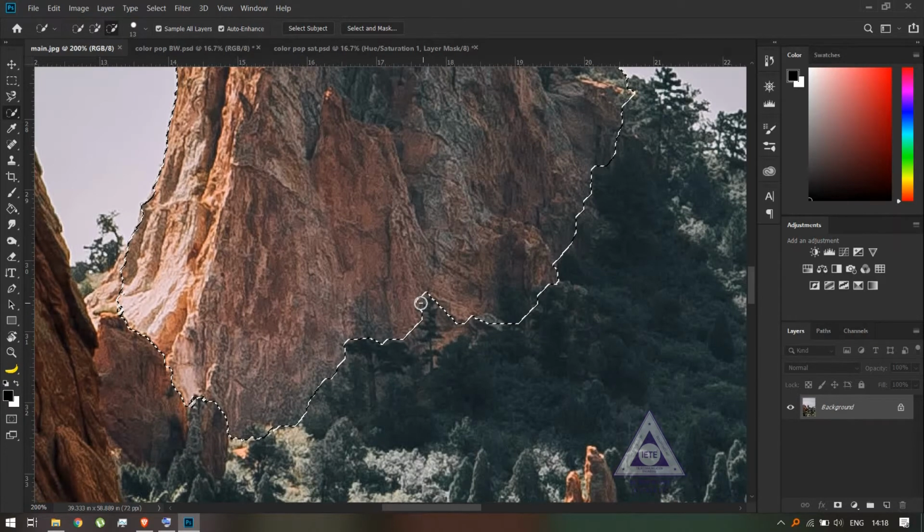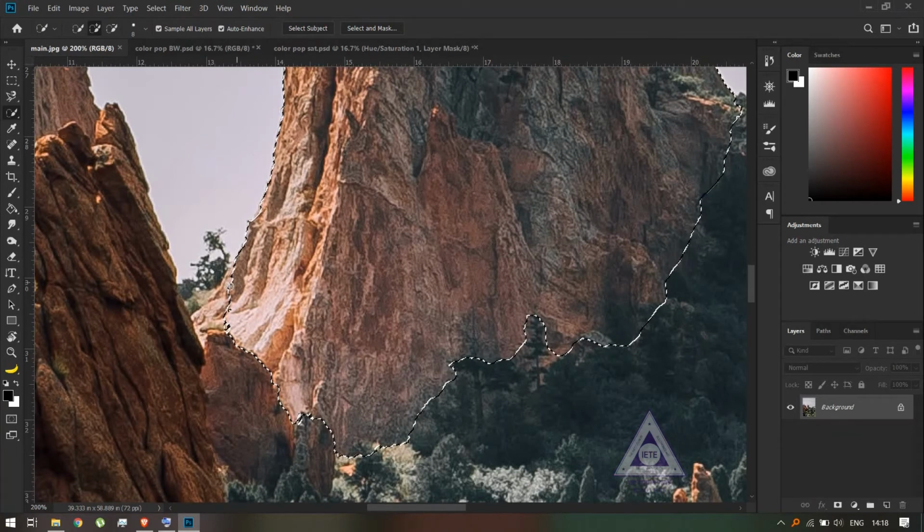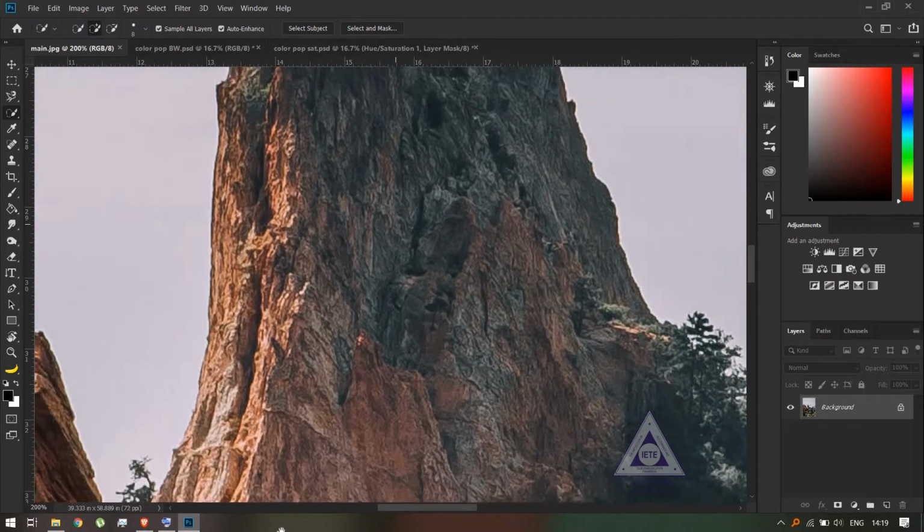This tree also right here, I don't want to select. So I'm just making the selection much cleaner by using the add and subtract part of this tool.